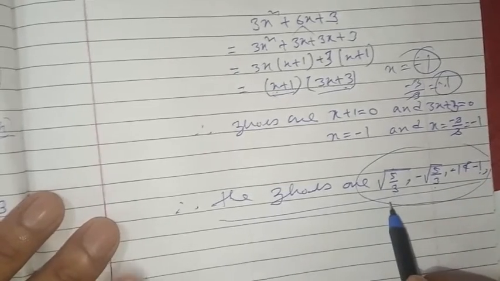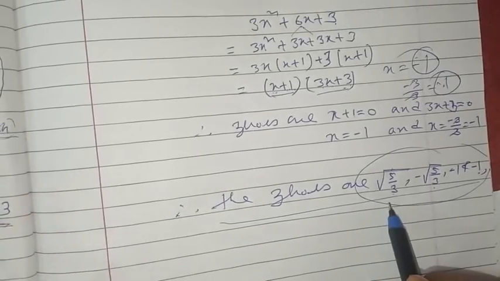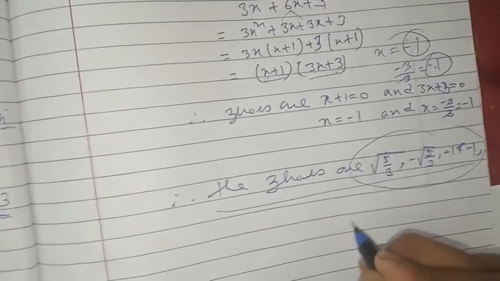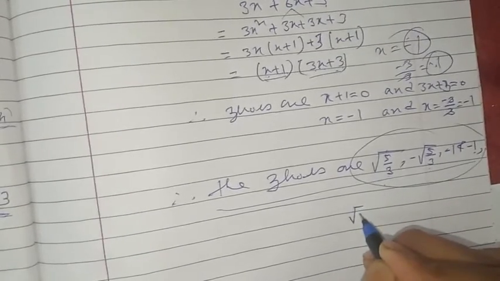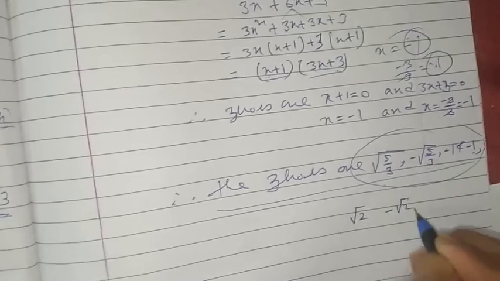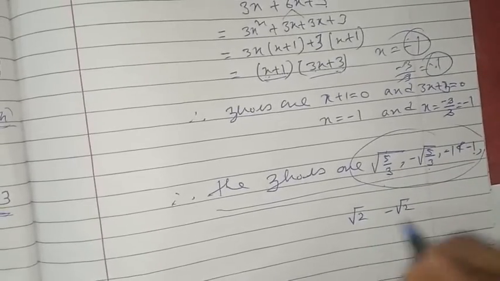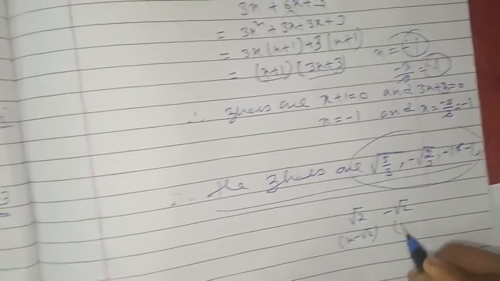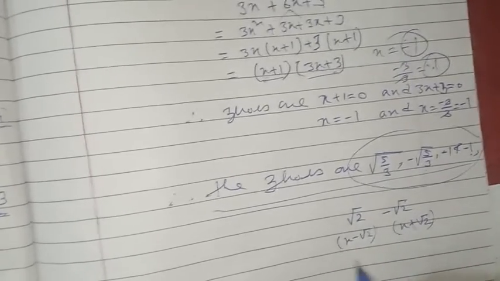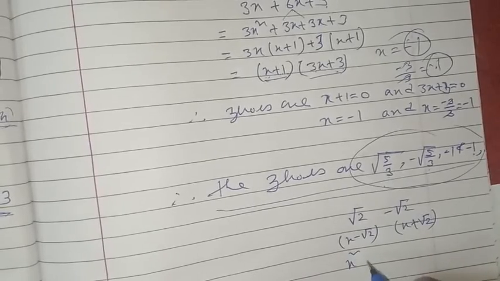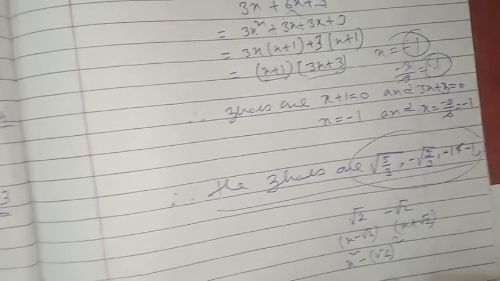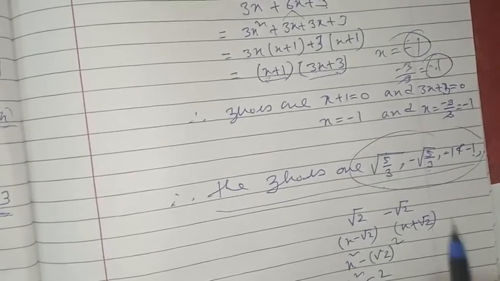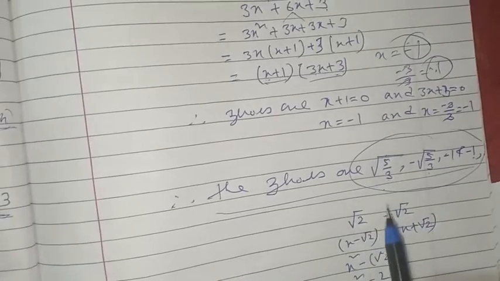As I told you, the degree decides the number of zeros. Hope this will help you, and more sums are based on this. Only remember one thing: suppose in the next sum you have root 2 and minus root 2. So what is this factor? It is x minus root 2, and it will be x plus root 2. So you got two factors here. Then you will use the identity and find this. Now you divide the given polynomial, obtain the quotient, factorize it and find the zeros.